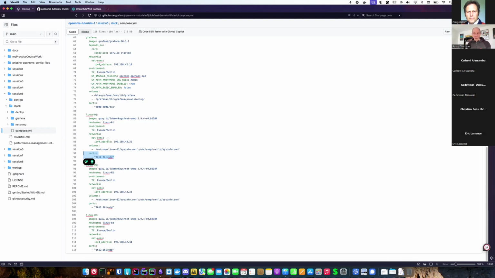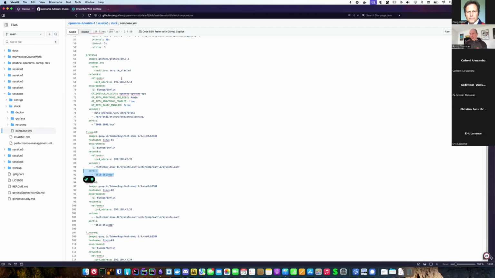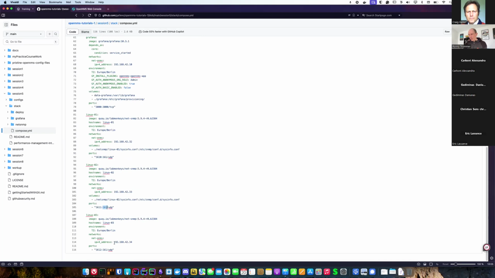And that is also what OpenNMS will see. Got it. That's clear. Thanks. And every device has its own IP address, so it looks a little bit like a dedicated server. That's the reason why you don't see port conflicts happening. So one is 161, another is 161. That's basically how OpenNMS will see the containers from its perspective.